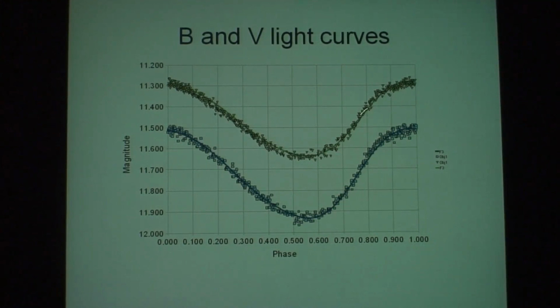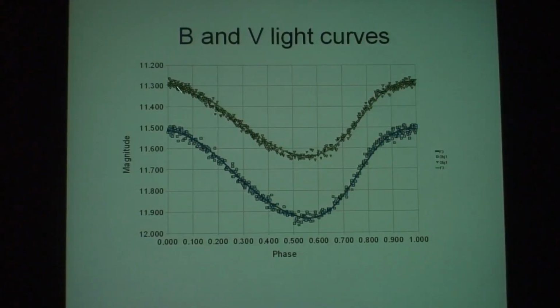You can see there's the steep part where it's brightening. Here's the more gradual decline in brightness. It seems to be fainter in blue, but that's actually just an artifact of the filters and stuff. What else? Let's see. Average brightness here is about 11.5 magnitude. So, a 4-inch scope will show this guy up. Because there's some scatter on these numbers here, you can see there's thin lines in there. I've actually fitted some smoothing lines to the data to make it easier to work with.